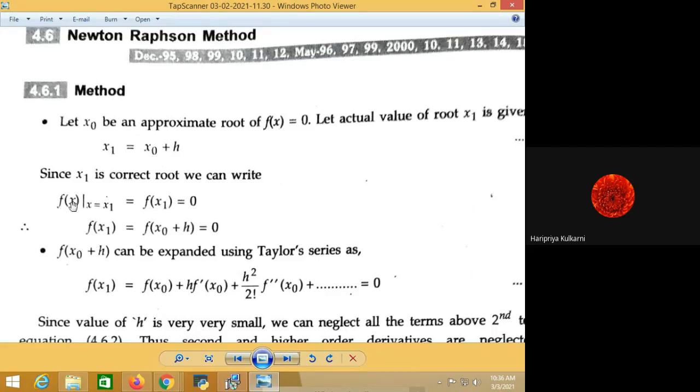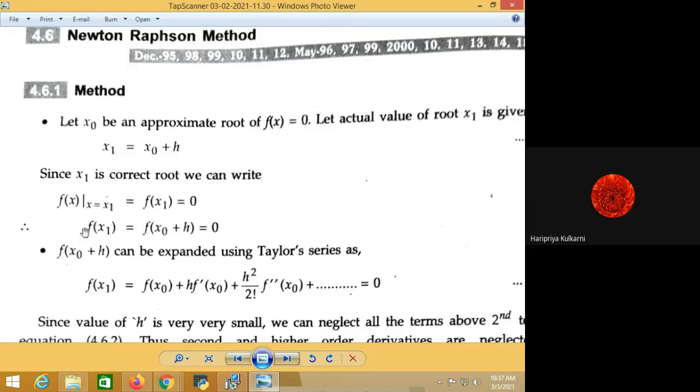Now f of x at x equal to x1, if we try to find it out, means what? In place of x we are putting the value of x1 and it is going to be 0. That's why we can say that x1 is a root. Okay, so here in this case x1 is the root of an equation. Whenever we say any value is a root of an equation, it means that the function is 0. So here f of x1 is equal to 0. See what I have written, f of x1 is equal to f of x0 plus h. Here I am finding the f, therefore it will also be f, and it is going to be 0 if it is a root of an equation.